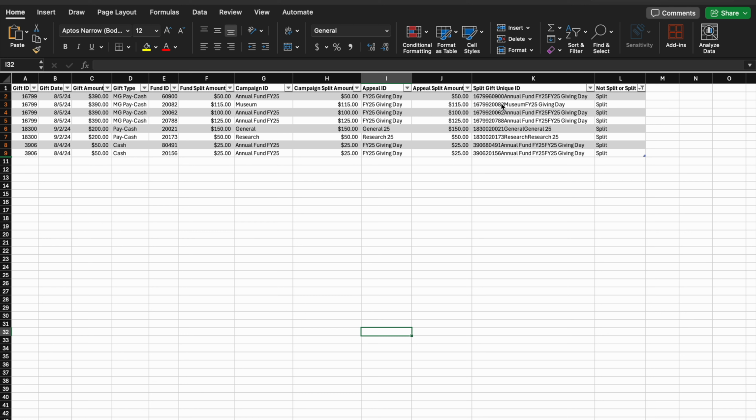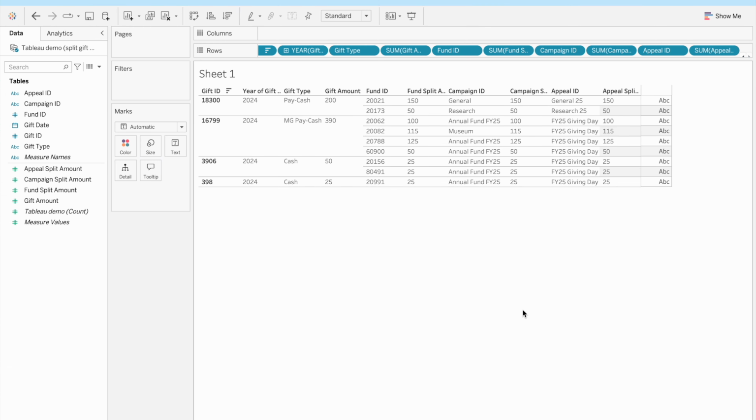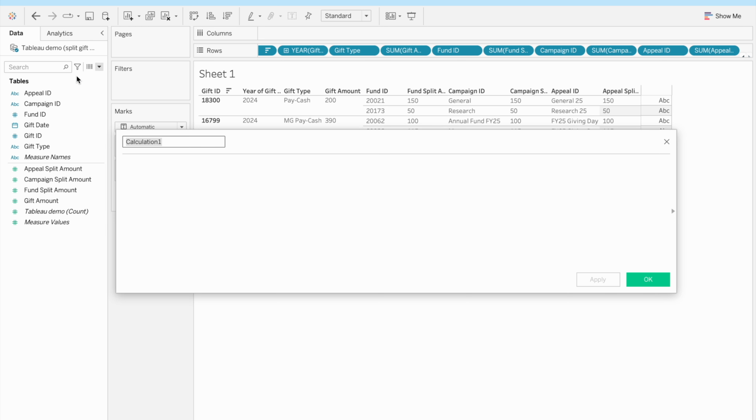I do have my fields that we created in Excel that now we will build the version of these in Tableau. Also relatively simple. Go to create calculated field. Let's call this split gift unique ID. And we're going to start with the gift ID. We will add in the fund ID. We will add in the campaign ID